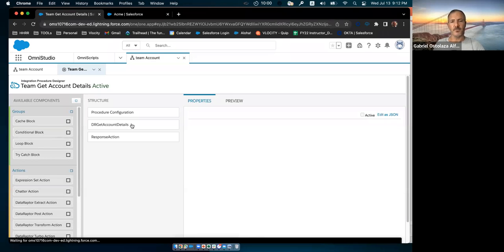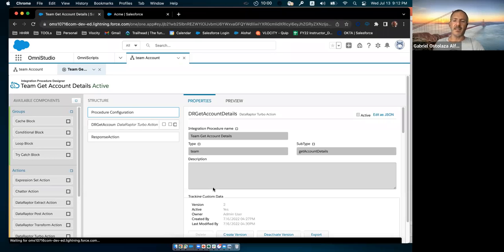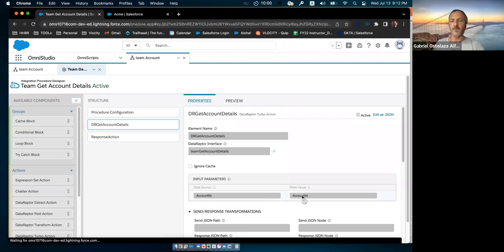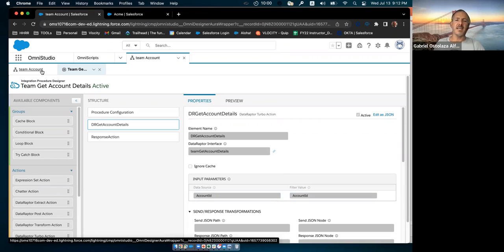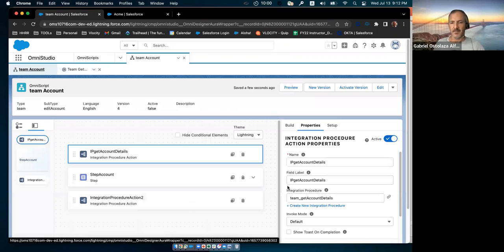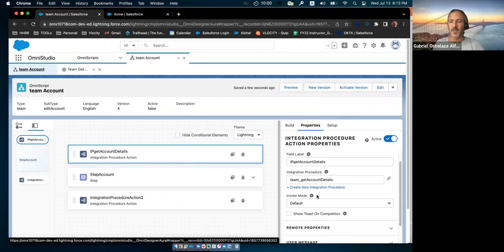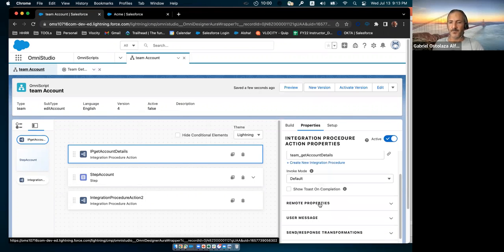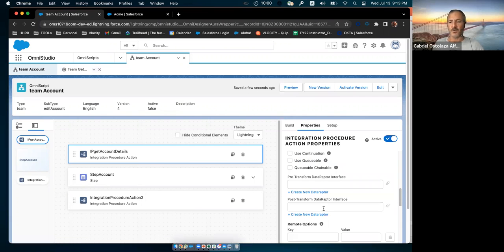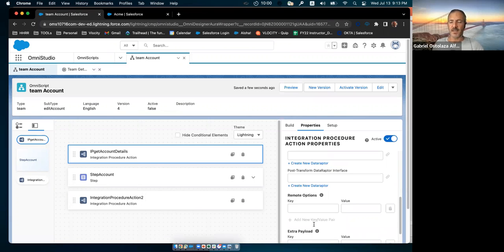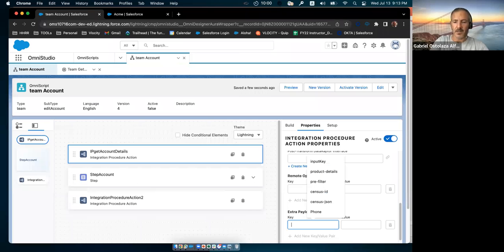And whenever he wants to reply, he will tell me I am expecting an account ID, and I'm going to pass it as a filter for the data raptor as account ID. So now I know that my team account is needing to send an account ID, right? And I know there is this context ID that I will have on preview. I'm going to use, under remote properties, a parameter that is called extra payload, and I'm going to send account ID, and as a value, I'm going to send the percentage